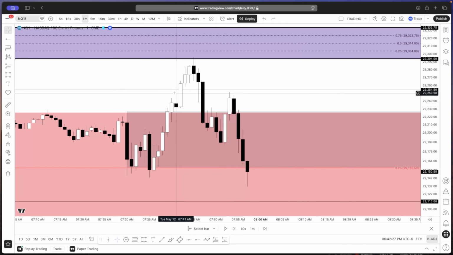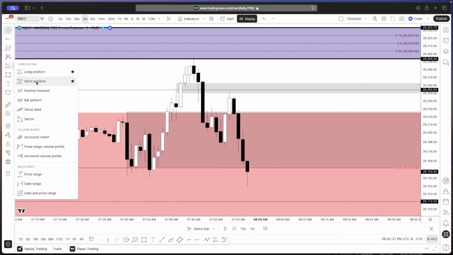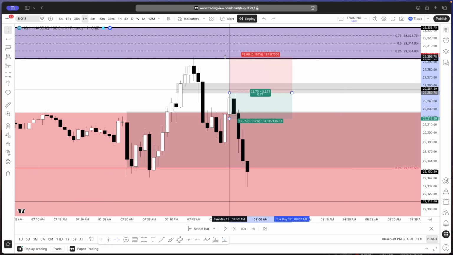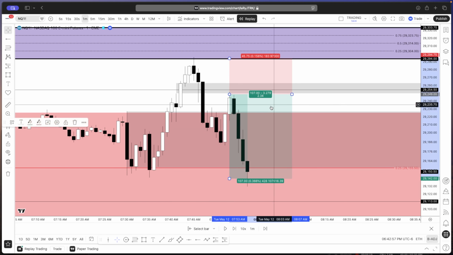You have the market that pops, sells off, and it comes back. A 4-pillar setup with a big stop loss would be to short this here with a stop loss above here. Now, this is a trade that you could take if you're very new to this system. If this is something that you're not too experienced with, this is a trade that I would never take in my life because the stop loss is huge and you can't get a lot of risk reward out of it at all.